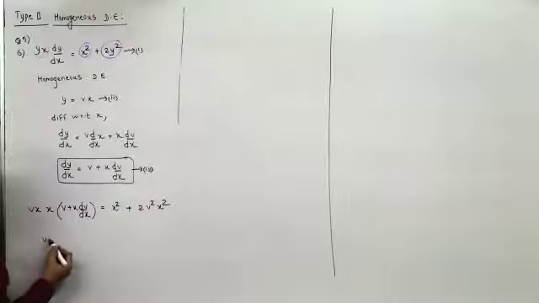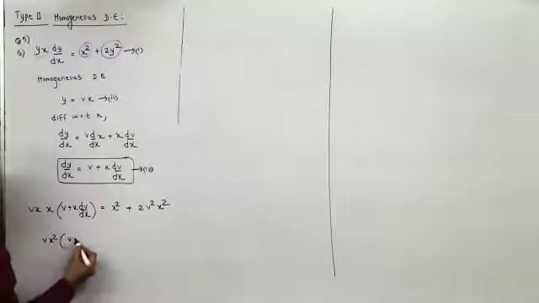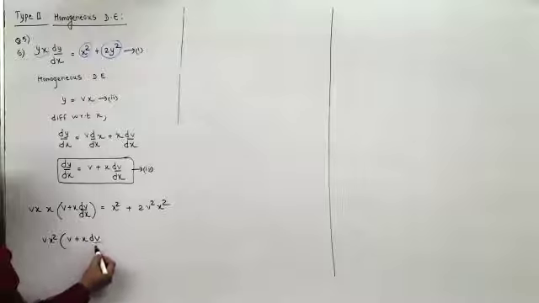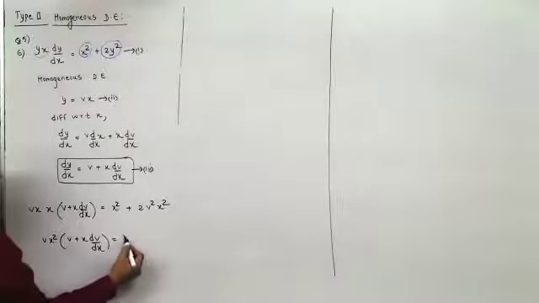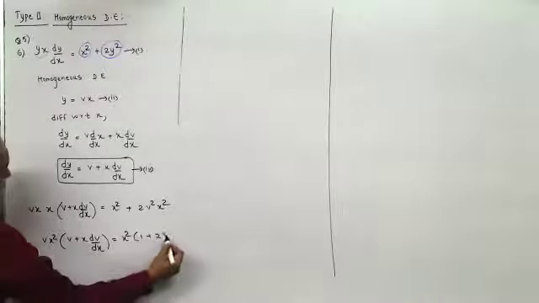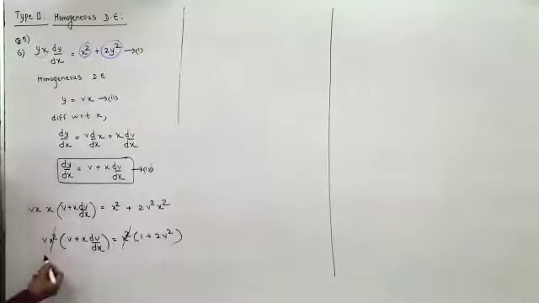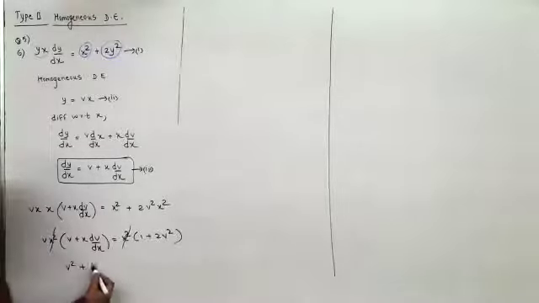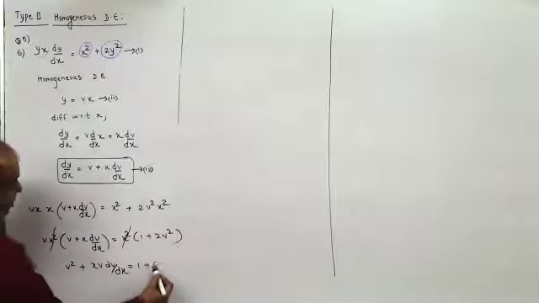So here, if you observe, this is v into x square into v plus x dv by dx. So this would be x square common. This is 1 plus 2v square. In the first step itself, x square would get cancelled. Now, after this step, you would be able to segregate the v and the x terms. How? This would be v square plus xv dv by dx equal to 1 plus 2v square.